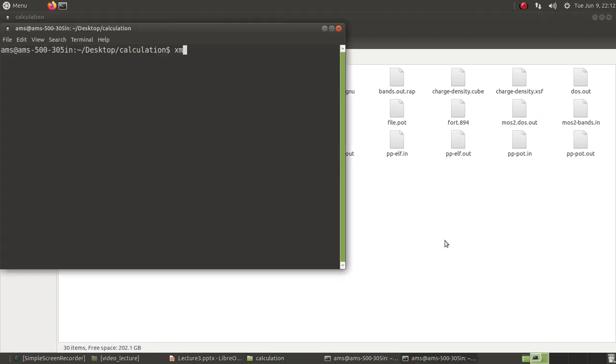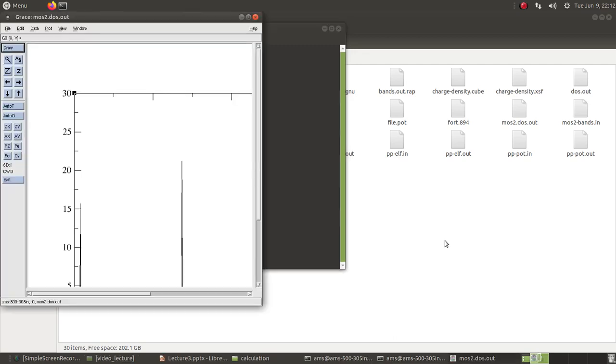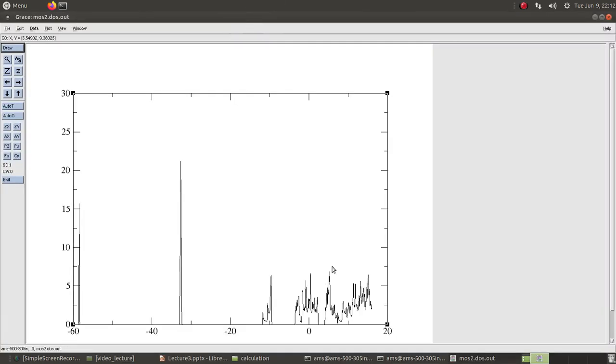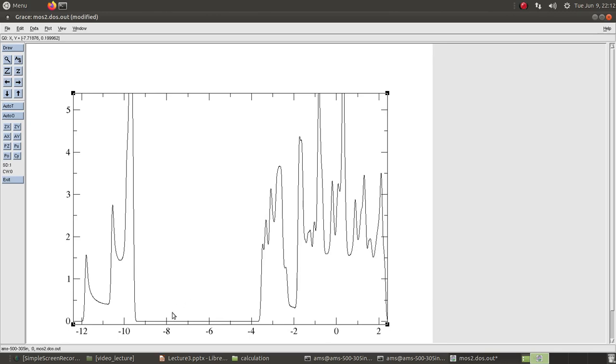Here I will show you just the output with Grace. So you type xmgrace and then the file name, mos2.dos.out. So this is my output. This is the density of states output. This is how it looks like.